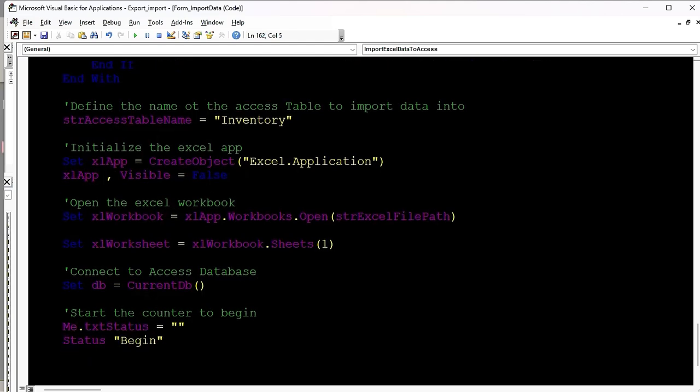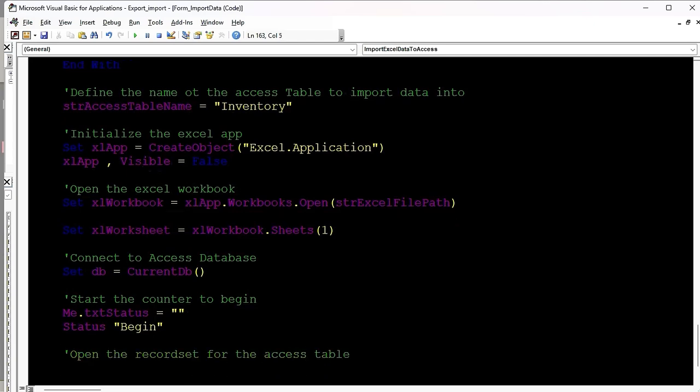Then we are going to open the record set for the access table. Now SQL equals to Select. I forgot here to put double quote. Select. This is the string. Remember, this SQL is a string. Then you select everything from what you remember. We have the table name upward, so you concatenate it with, put double quote here, then we concatenate it with the str access